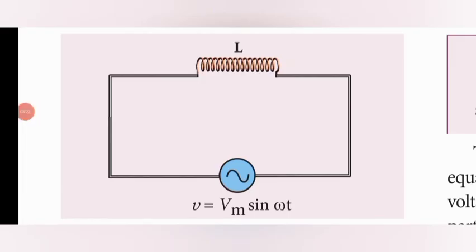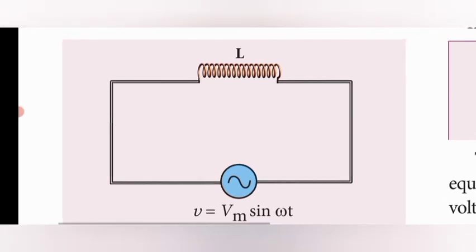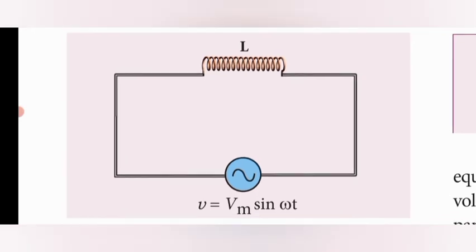And in the second one, the AC circuit containing only an inductor. What is meant by an inductor? Inductor is shown as a symbol. In the circuit diagram, L shows the inductor here, which can induce the current value. When we give the current, it increases the current value because of the induction. That is called the inductor here.